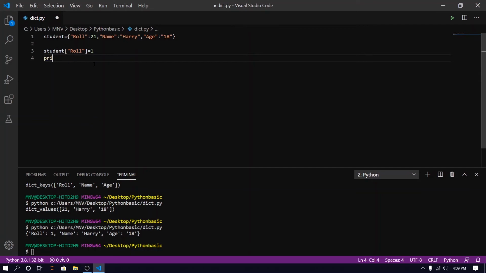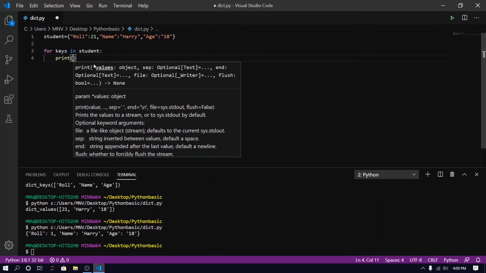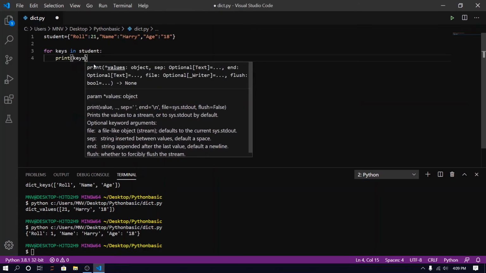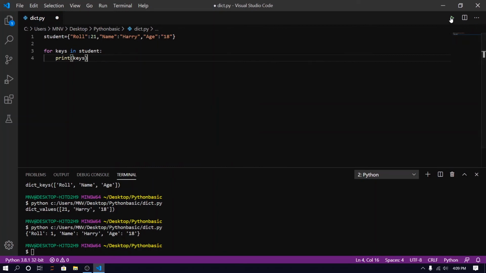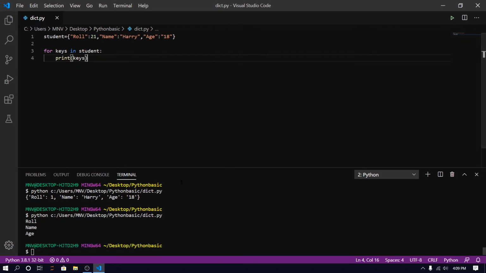How can we iterate over our dictionary through a loop? For keys in student, if I print keys, it will show me all the keys in our dictionary. What if I want to print key and value both?